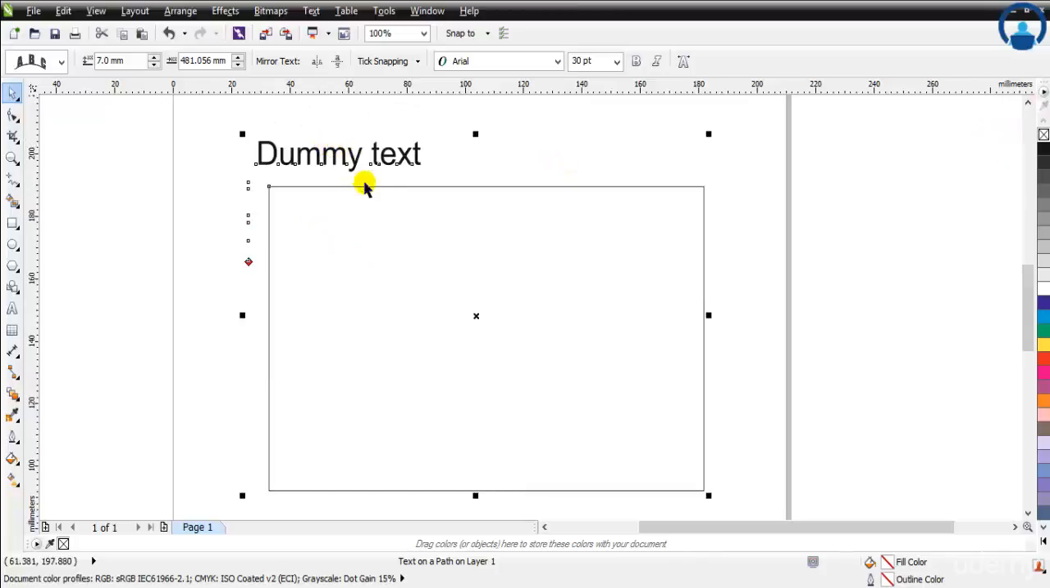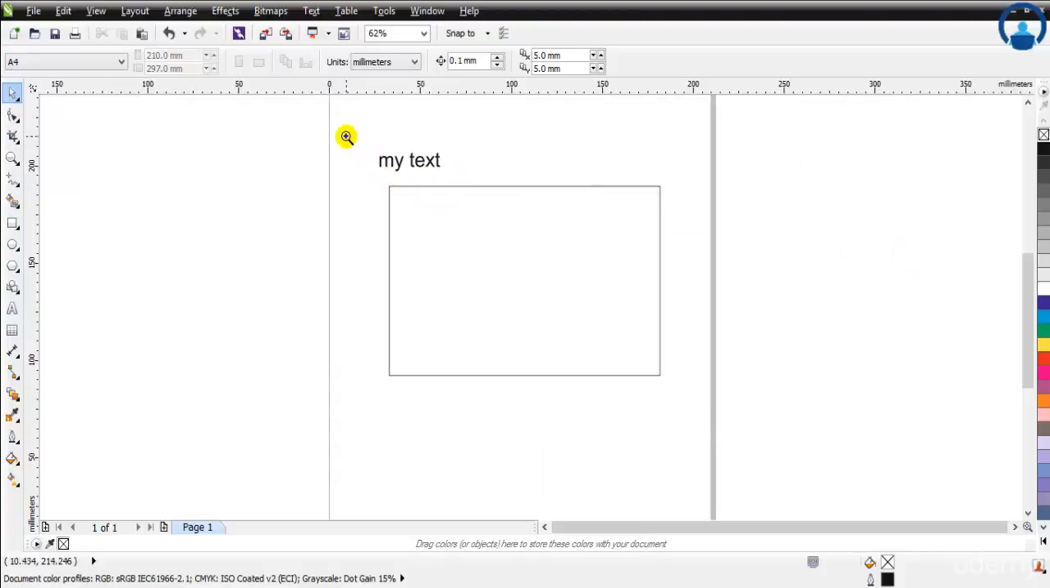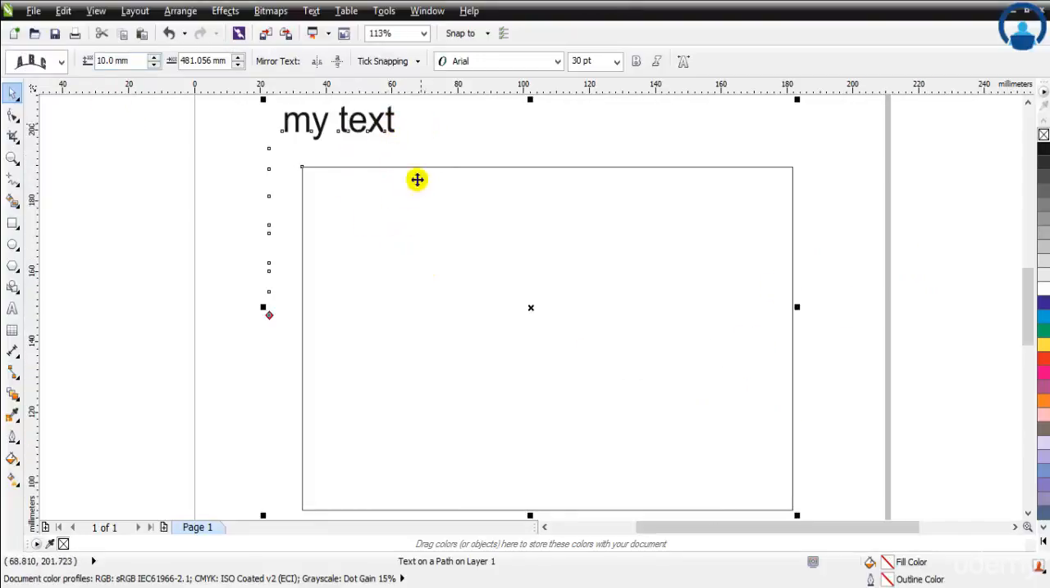See, as I increase the size, the text keeps moving away from the path. So this is how it happens. Now, as I have kept moving the text from the path, it has by default shifted to the left side of the path. So if I want this to be in the center of the box, what I do is, just exactly on the right side of this particular command, this distance from path tool,